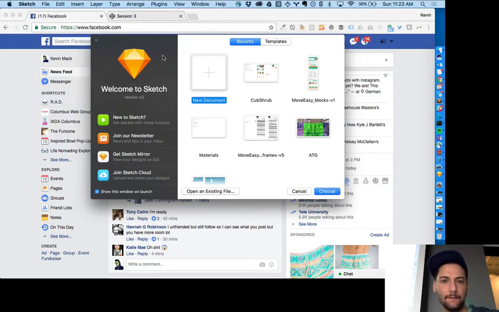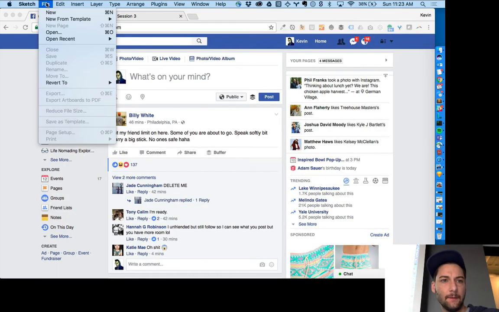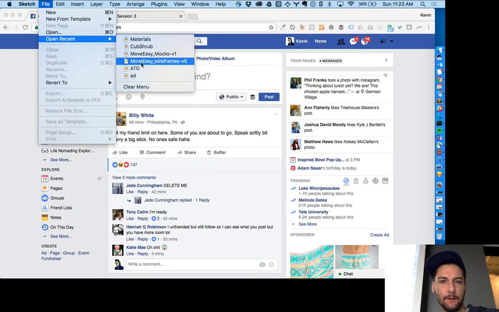I think I put it in here. No, I did not put it in there, but I think it was Move Easy. Yeah,